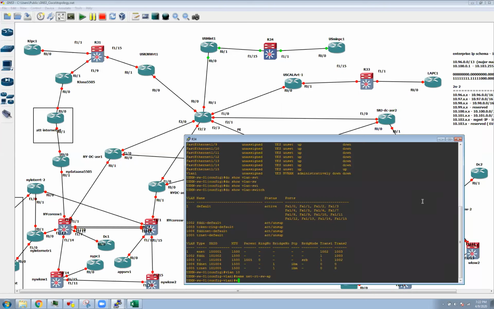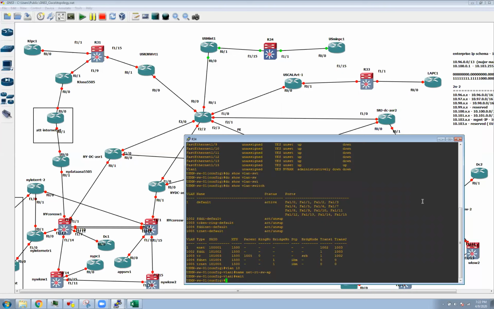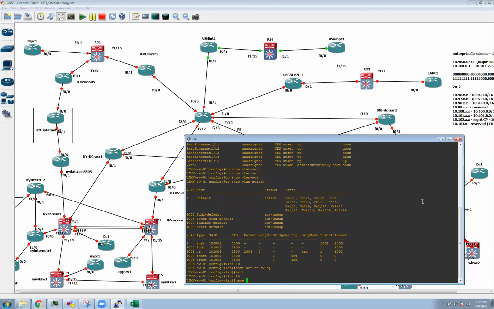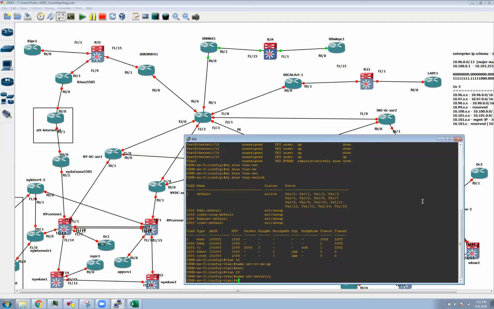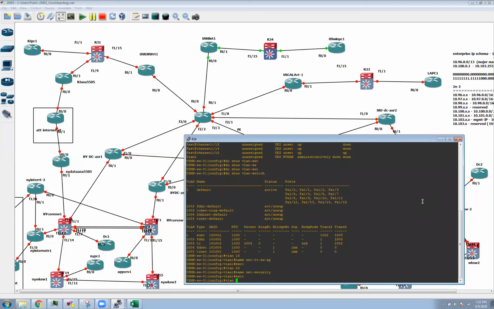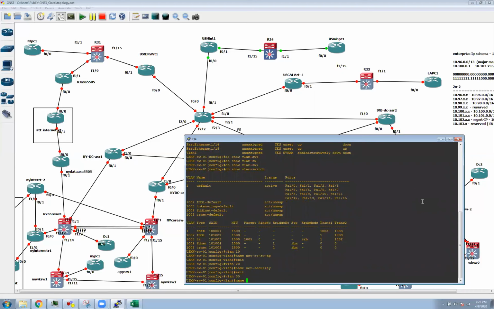And then exit, I think. And then VLAN 20. Perfect. Name net security, exit, VLAN 30, name net printers,